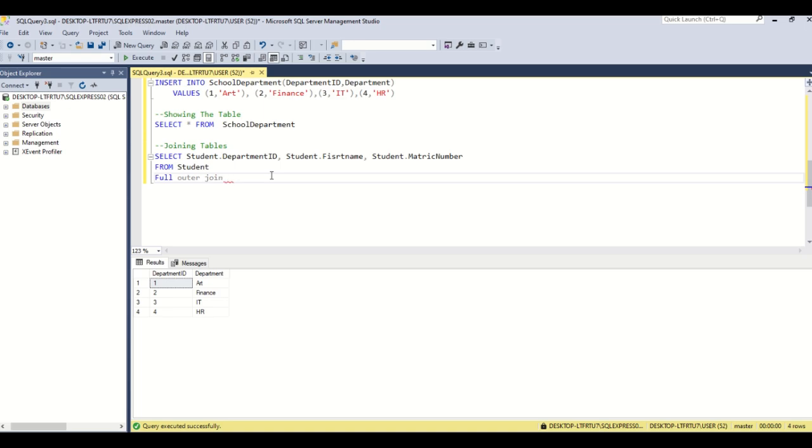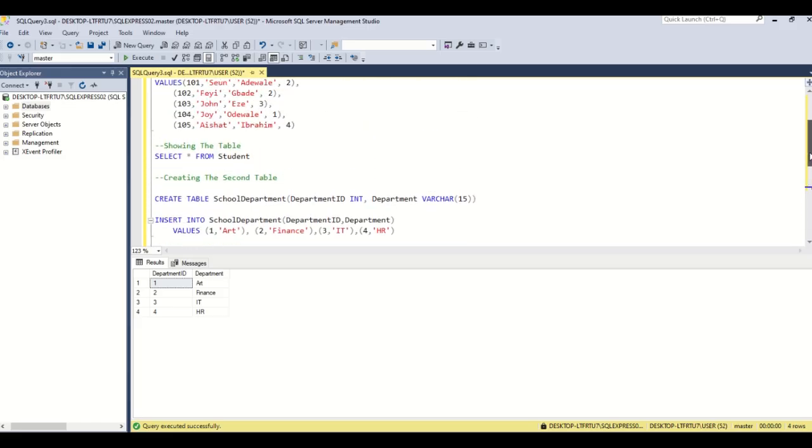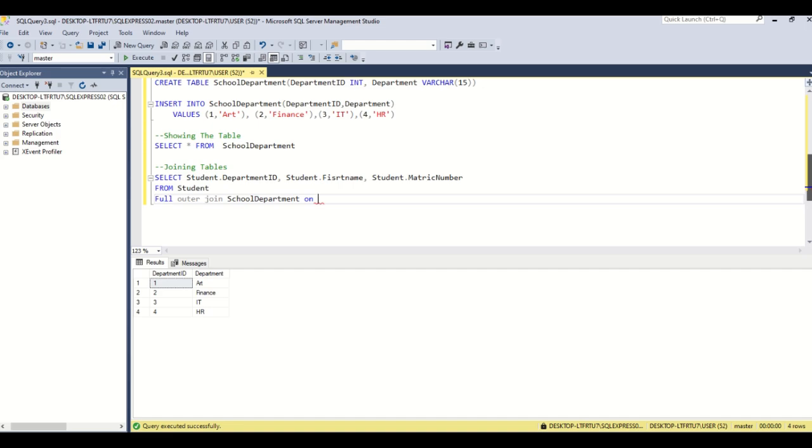Now, what are we joining on? You have to tell us what we are joining on. Full outer join. Joining what? What's the name of the second table we are joining? That is school department. Now, if you are joining on the school department like that, you have to join it on something. There must be a foreign key. What links the other table and this table together? So what links the two tables together is our department ID. If you remember, we have department ID here, and then we have department ID in the other table. So we have to join it on